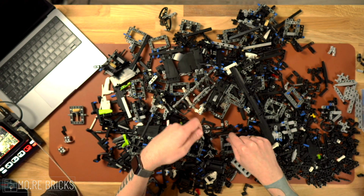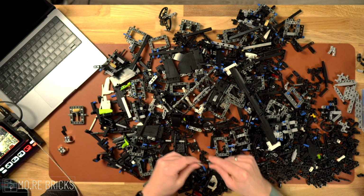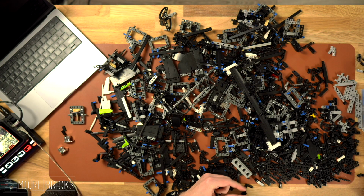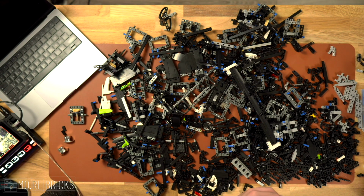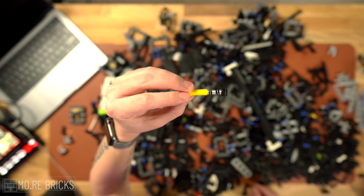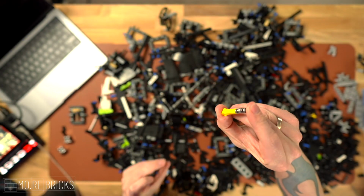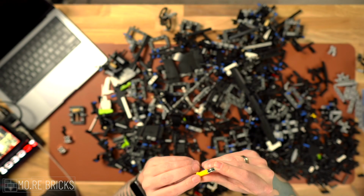And I also noticed, and I have to check if this is actually true for all of them, this car has a lot of springs in it. I mean, 4 tires by probably 2 springs each, so that makes 8 in total. Let me show you how they look. So these are the yellow springs. I don't think these are the hardest ones possible, but they appear to be kind of hard-ish,